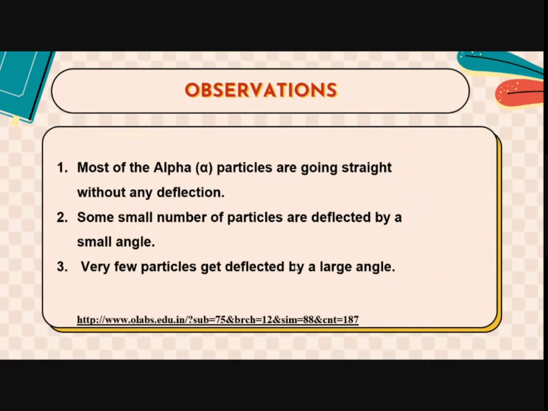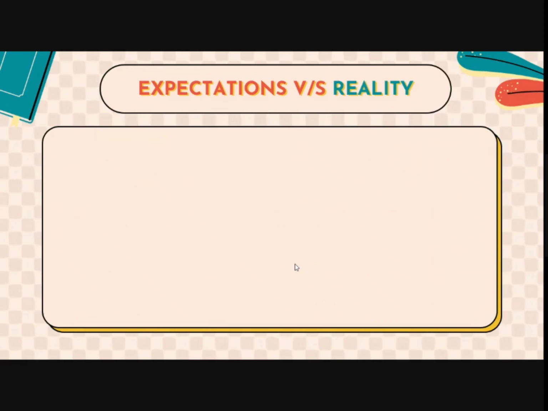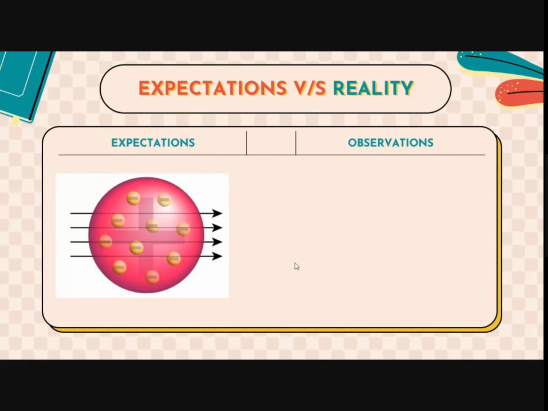Okay, students, let's go further. Now, because Thomson had already put up a model, I think you all know it by now, the electroneutrality principle. So Thomson had assumed that the atom is electrically neutral. So in a neutral substance, if I pass anything through it, it should pass. Am I right? So Rutherford also assumed that since an atom is electrically neutral, I can pass as many alpha particles as possible and they would pass straight through it.